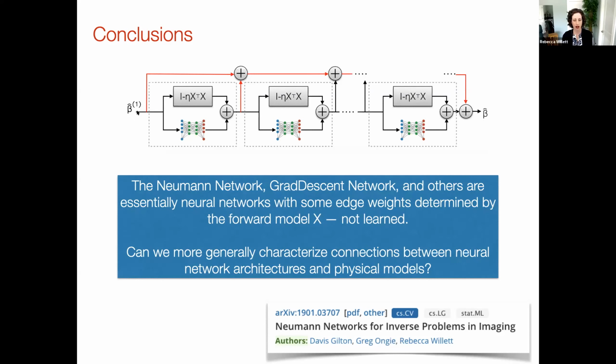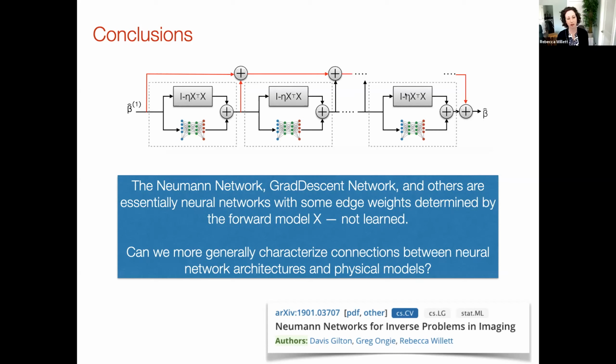So in other words, I could think about this whole block diagram here as being a mapping from an input, beta hat 1, to an output, beta hat. It's just one big network, and some of the elements or edges in it are learned, and some of them are fixed, or even set to 0, by our choices of which type of method we're using or the details of the forward model.